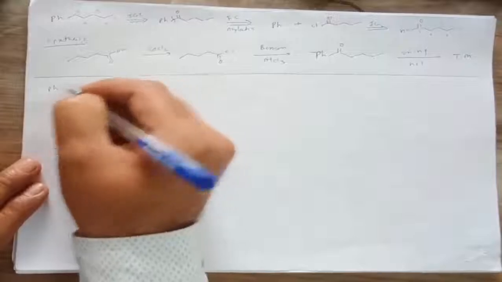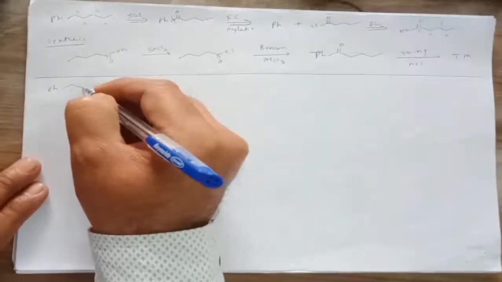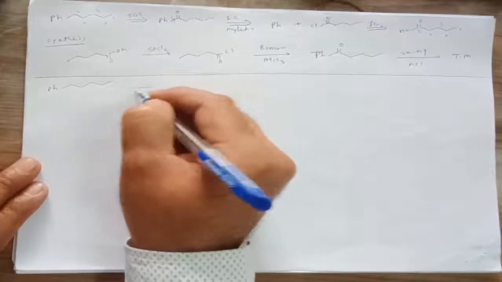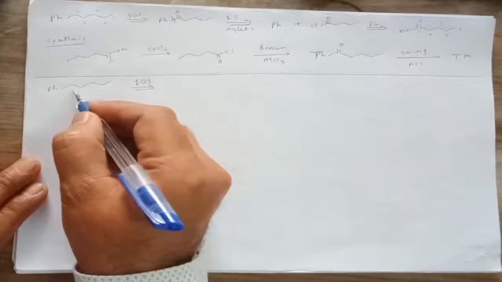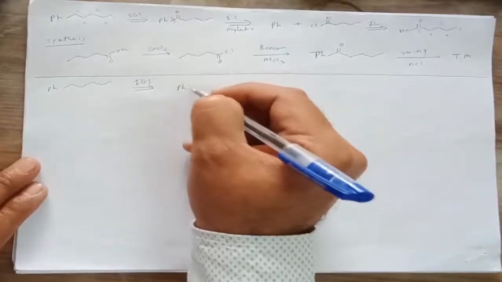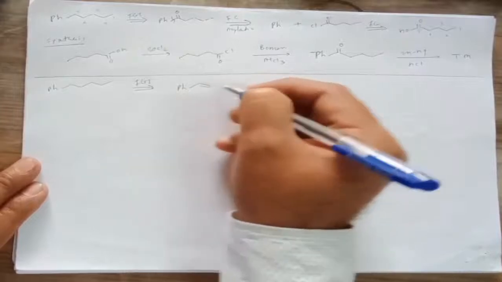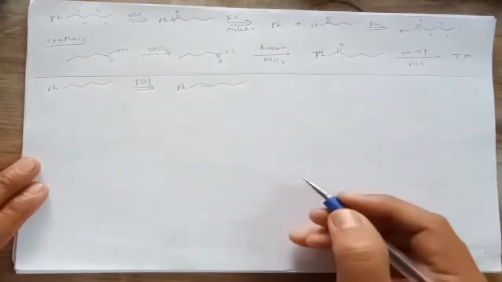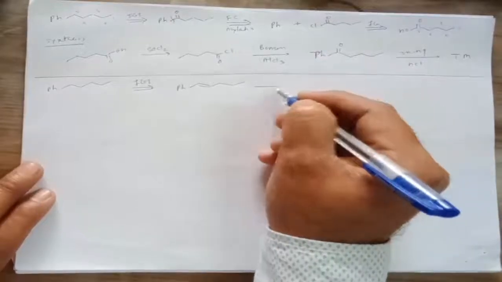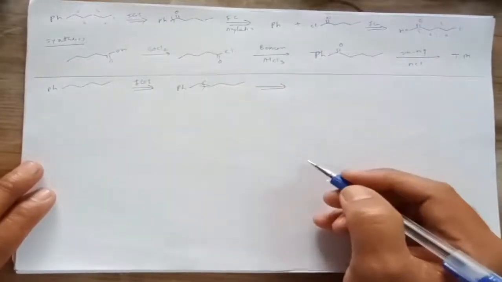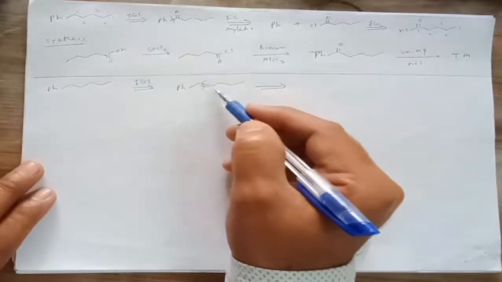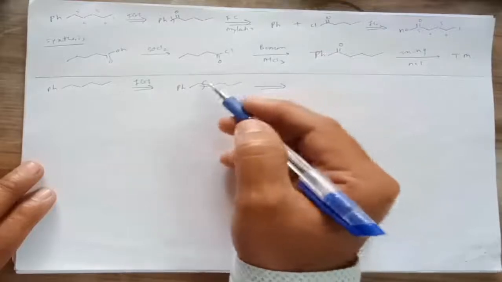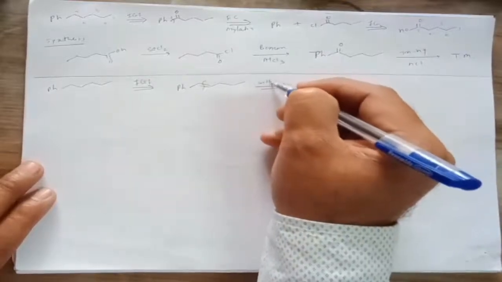But there is another route for the synthesis of this type of target molecule. Instead of the acyl functional group interconversion, we can go for the functional group interconversion by preparing it as an olefin, right? If we prepare the olefin at this position, then what does it give? It gives Ph, CH2 double bond CH, then CH. So this is another route. Then we can break this molecule either by addition of water or by Wittig reaction. But if we add water at this position, it gives an olefin at this position, and if we add water at that position, it gives two different products. Therefore we can go for the Wittig reaction.